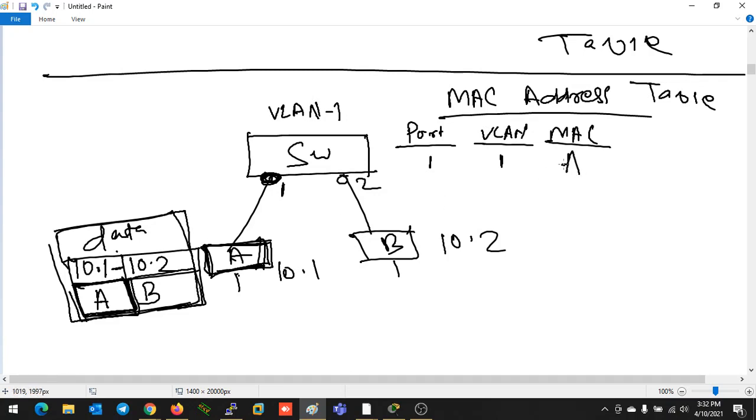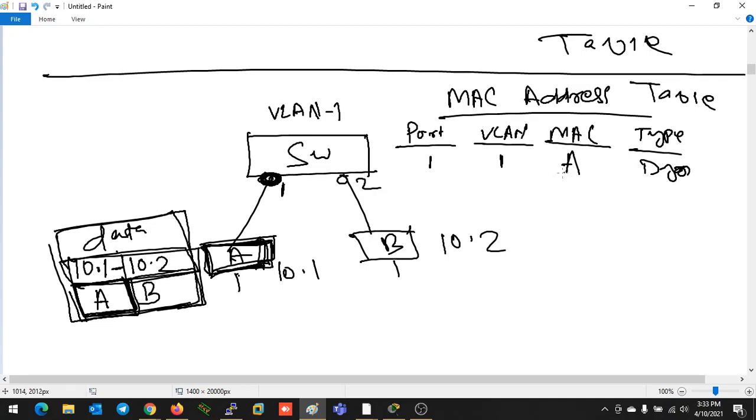Then the type: how it learned the MAC address. It will be dynamic, because this device sent some data, so it's learning automatically. After making this entry, you can see the switch has the information on which device is connected to this port. The switch is not going to take care of any information related to layer 3. It can only take the forwarding decision or do all the activity by looking at the layer 2 information only.